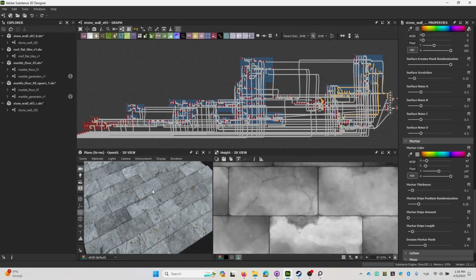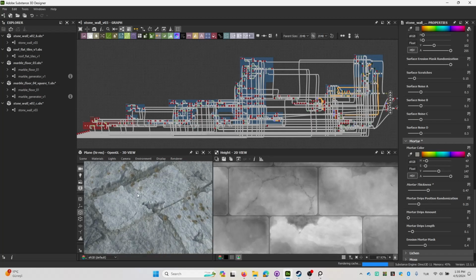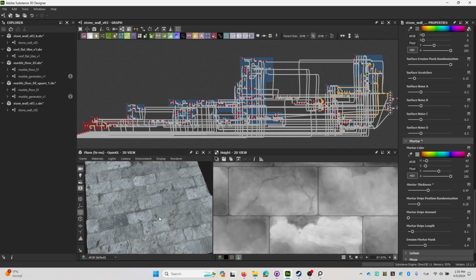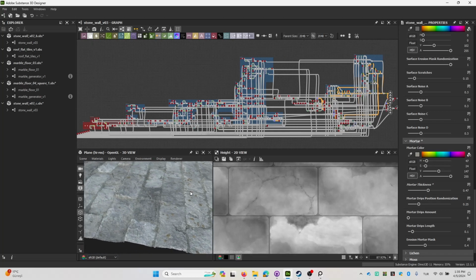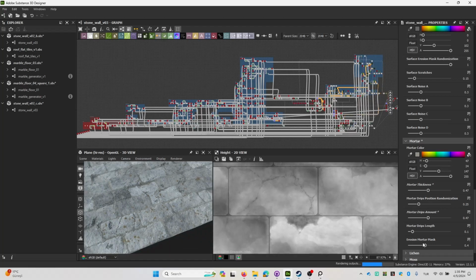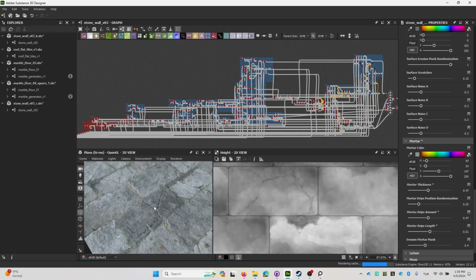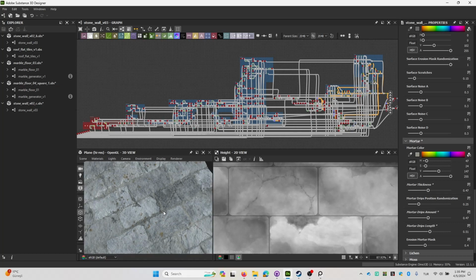There's some mortar. If I just increase the mortar thickness, the gap between the bricks is just filling up. Or, for example, some mortar drip, increase the length as an example. Some of the mortar just dripping out of the edges,